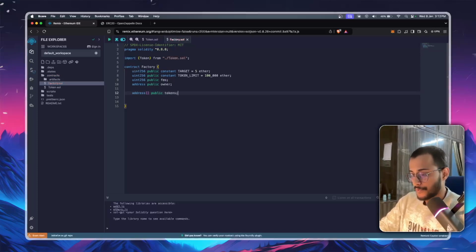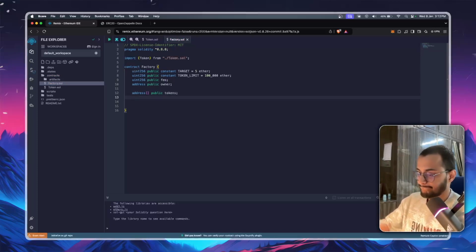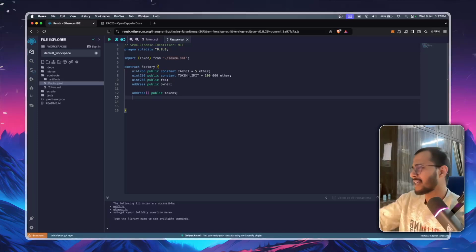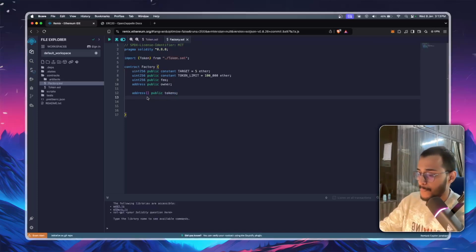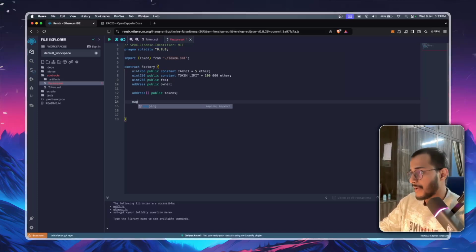So, tokens, and we'll be having the total number of tokens also, like the amount of tokens. You can directly get it from the length, so it's not much required. Or let's write it down: uint256 public total tokens. I mean, it's not needed to be honest, but let's remove it. We can directly use the length of the array which we have. After that, we have a mapping of,